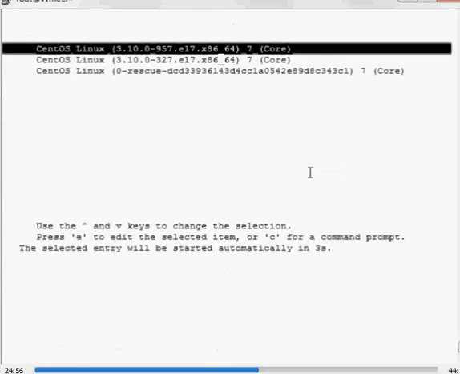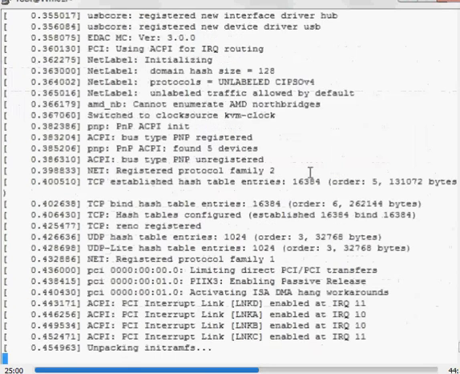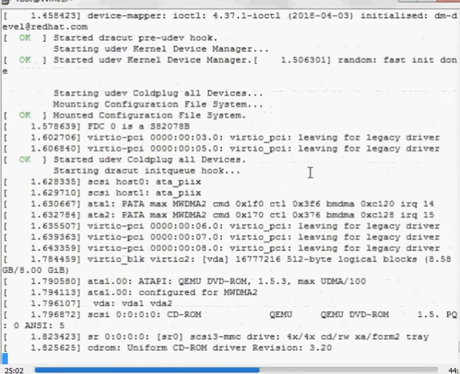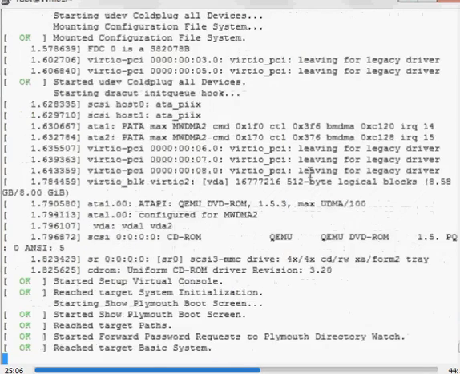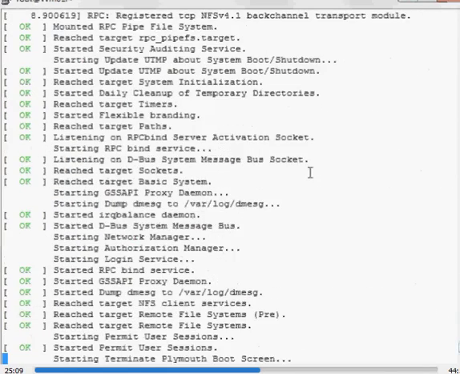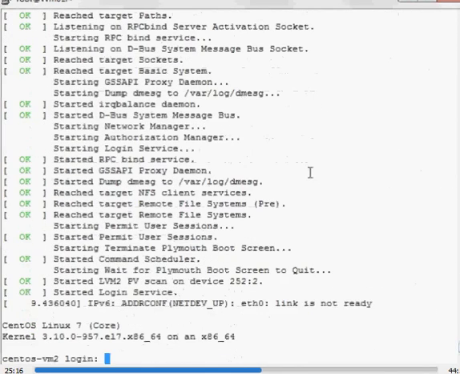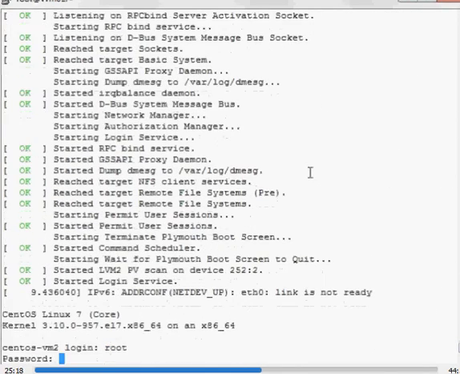Here you can see the new kernel. The new kernel is installed, that is 957. Now server is up.